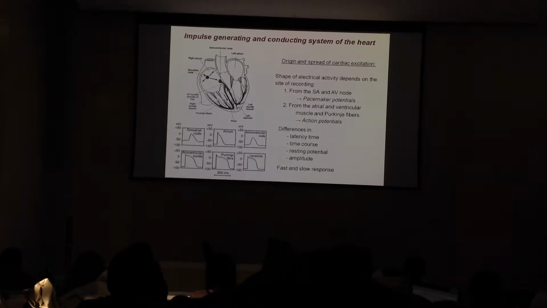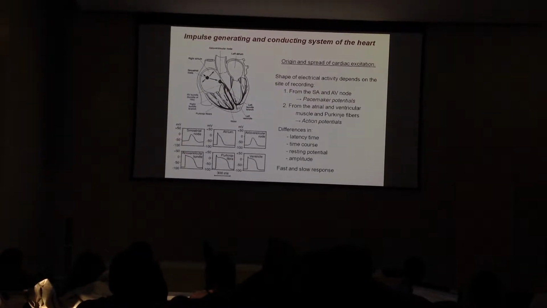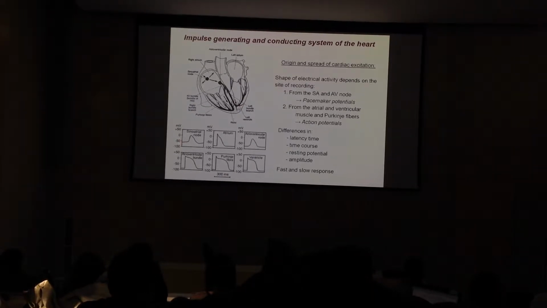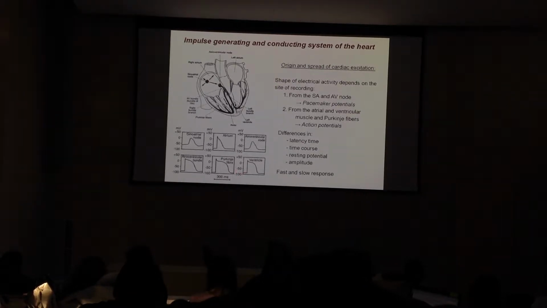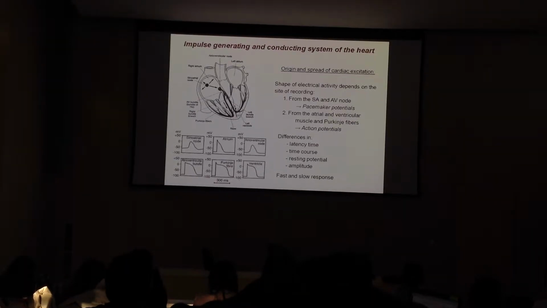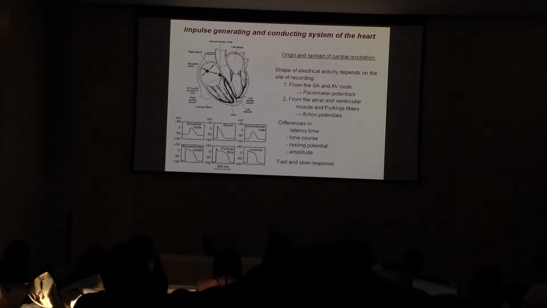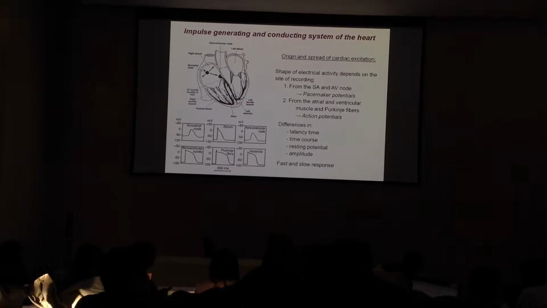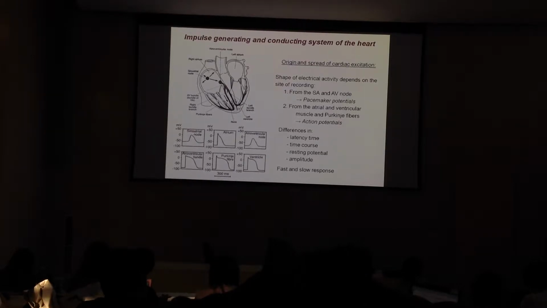Time course. The resting potential is different. You can see that the SA node has a membrane potential at minus 60 millivolts. The ventricular muscle fibers have a resting membrane potential of minus 90, much more hyperpolarized. And there is a significant difference in the amplitude also, because this is a smaller amplitude and this is a larger amplitude. Now, summarizing this whole business, we can record different shapes of action potentials with different kinetic parameters,